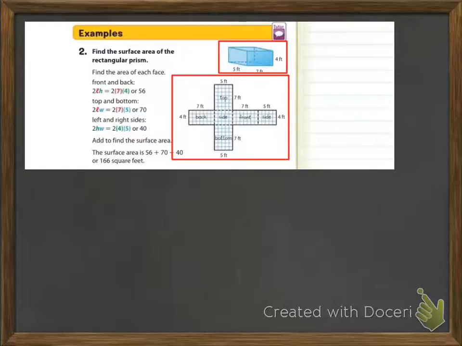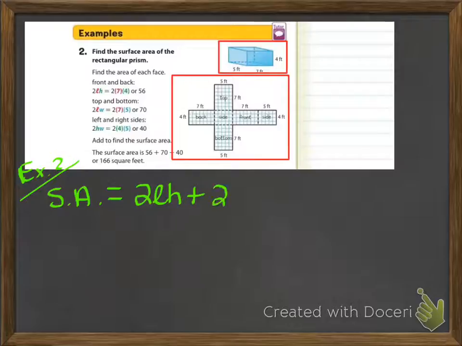So hopefully you guys have enough room in the work zone. I know the formula is kind of long, so if you don't think you're going to have enough room, this is where you can pull out that sheet of notebook paper, and as long as you title it example number 2, so EX2, then we will be okay. So surface area equals 2 times LH plus 2 times LW plus 2 times